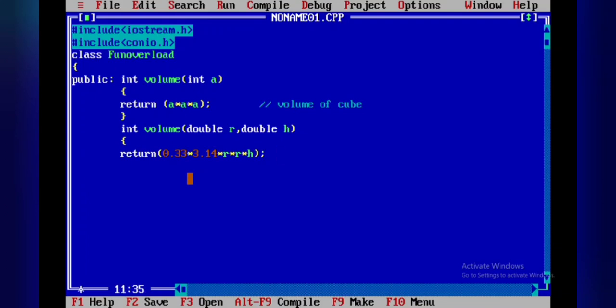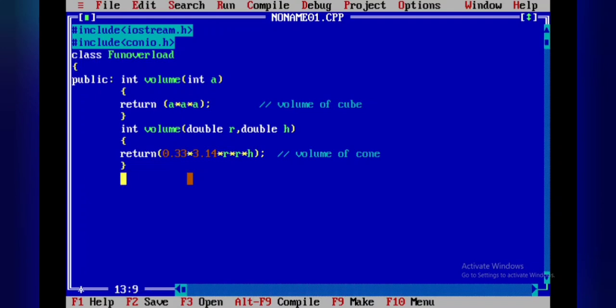So this is related to the volume of cone.